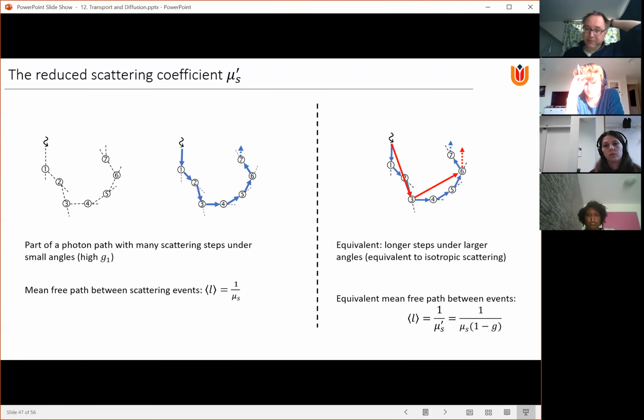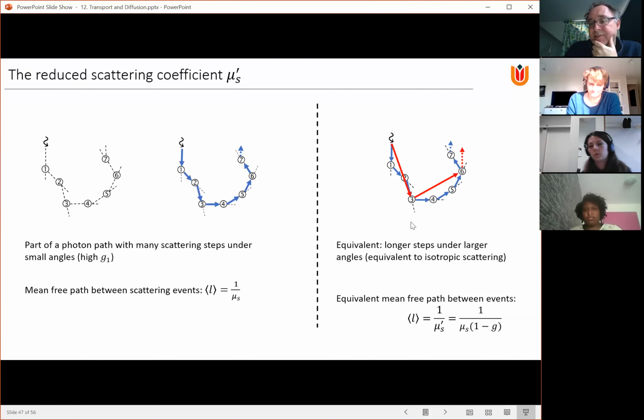So what we could also do then, for example, is take an equivalent photon path where longer steps are taken and larger angles are experienced, and get more or less the same result. So here too, the photon is incident here and is escaping about here. But it has taken longer steps, and it has been scattered over larger angles, but the net effect is the same. So this gives an equivalent path. And if we now pick the distribution of the deflection angles in such a way that it is totally isotropic, so every angle is equally likely,